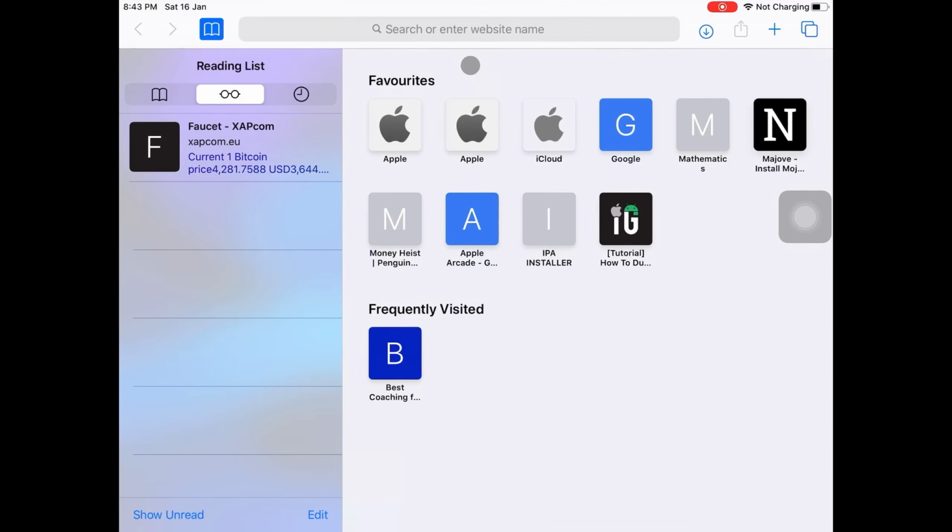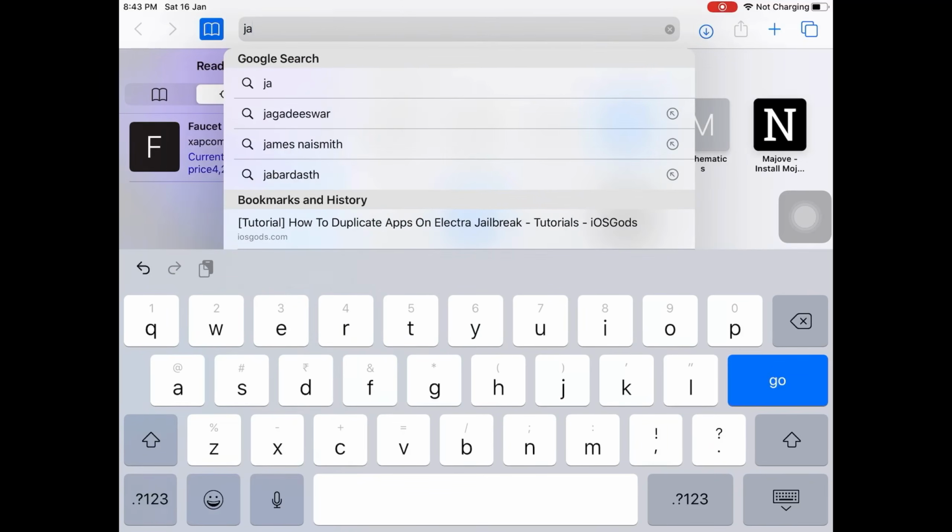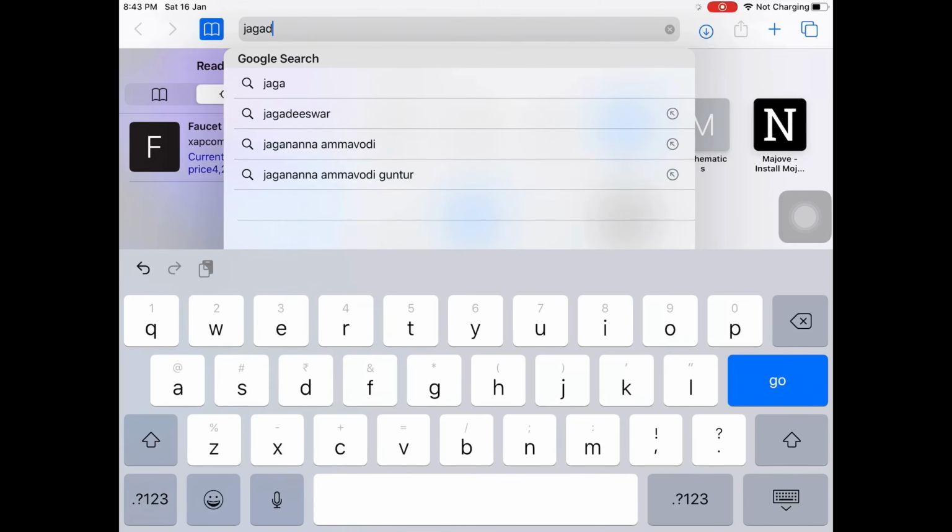We can even type by using laptop's keyboard, or we can use on-screen keyboard in case of restricted keys.